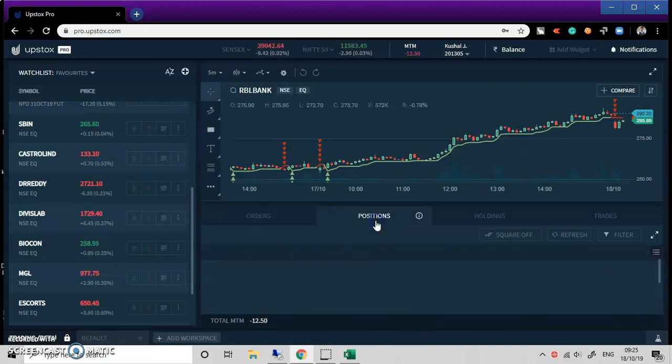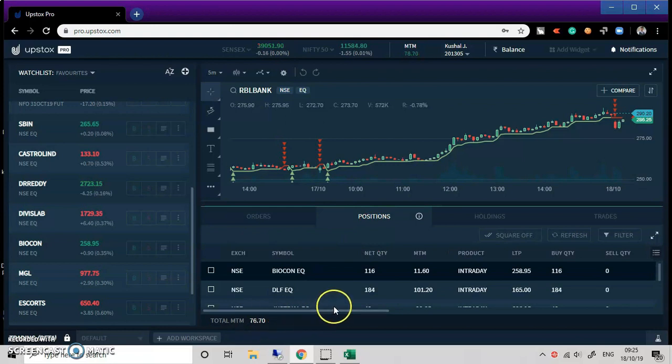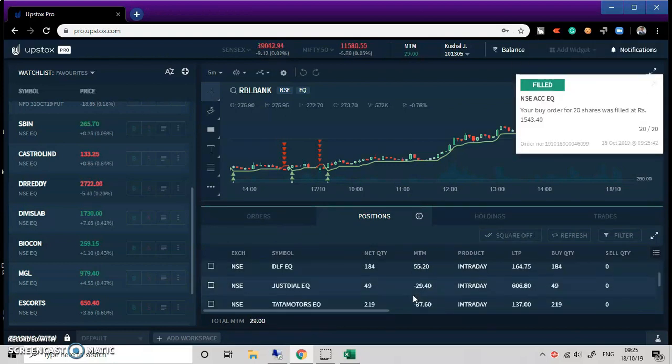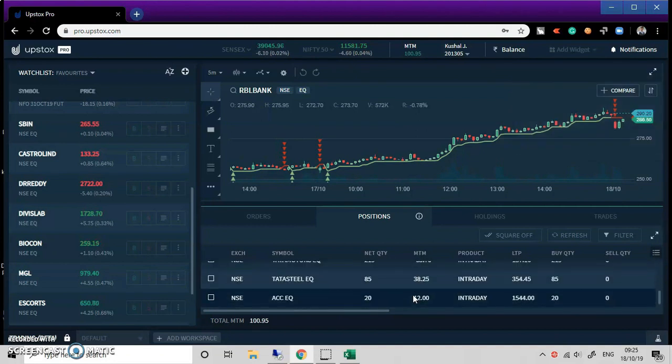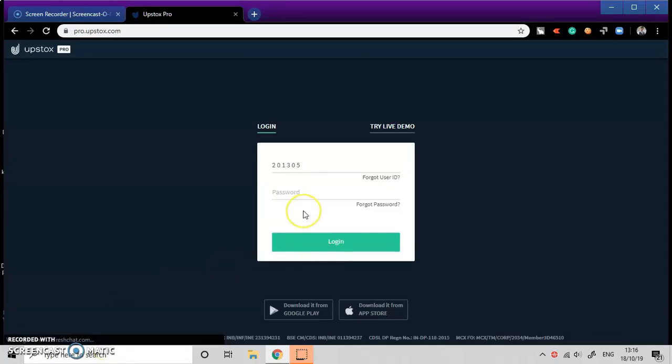Now in the position, I'm already getting close to 100 rupees profit. So I'll keep running this till 3 o'clock or so, and at around 3 o'clock I'll come back and square off all the positions, and check how much profit or loss I made and what learning I have gained. So it's close to 116 right now.